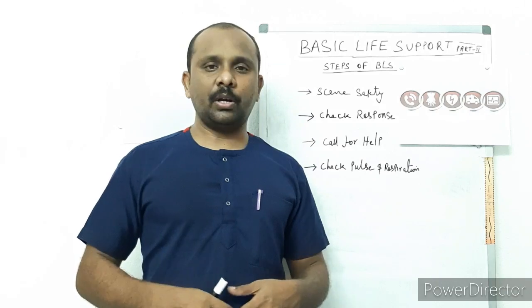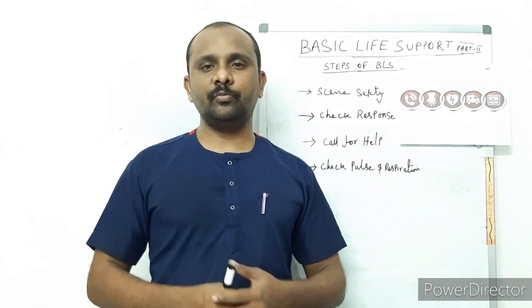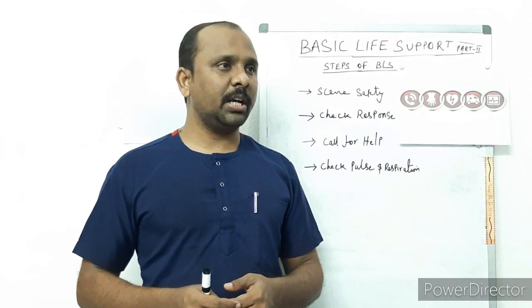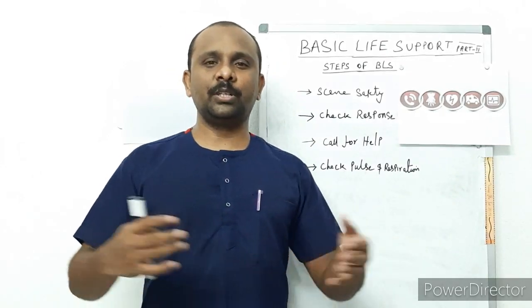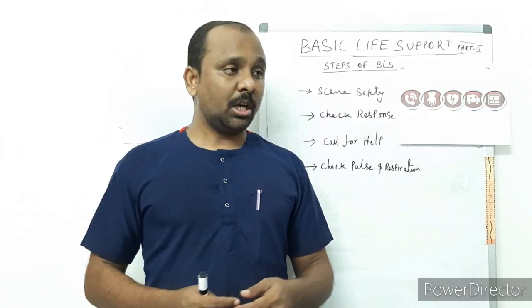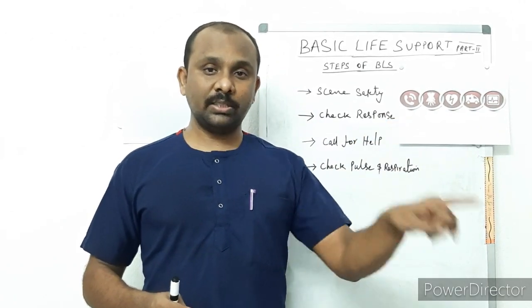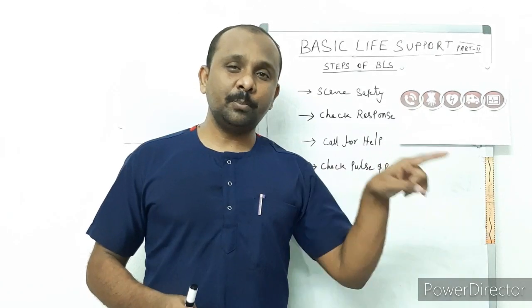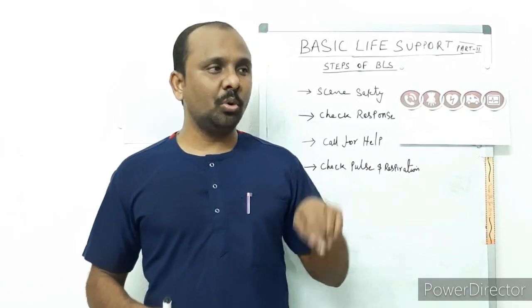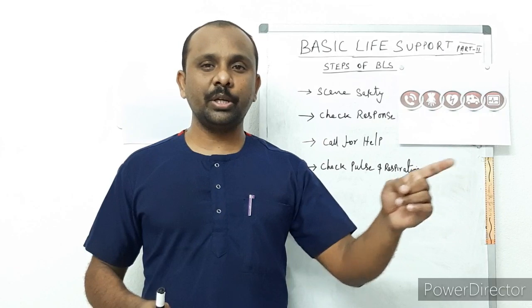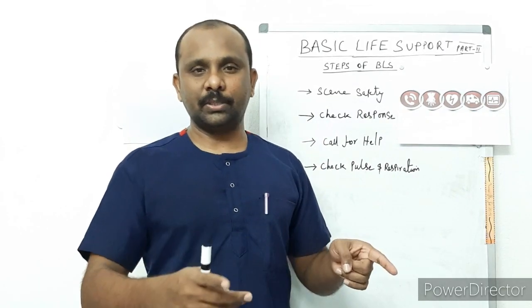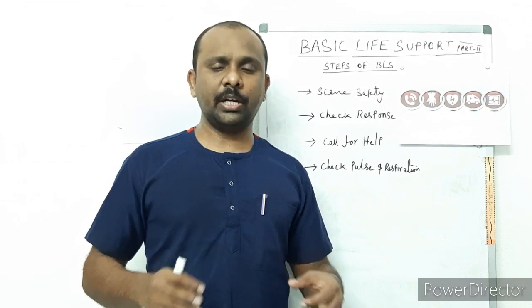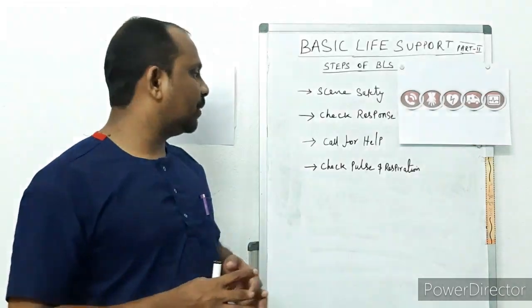For example, if the crowd has 10 to 15 people, whom should I tell? That is very important. You pick the person with the very colorful dress, because you are giving an order to them, asking them to activate help and bring the AED. If that person is not doing it, at least you know by seeing that, and you can assign the job to the next person. That's how you have to manage the crowd scenario. That is how you should call for help.